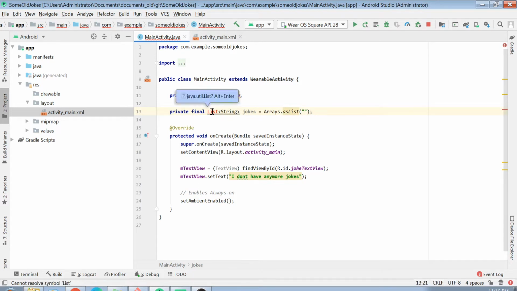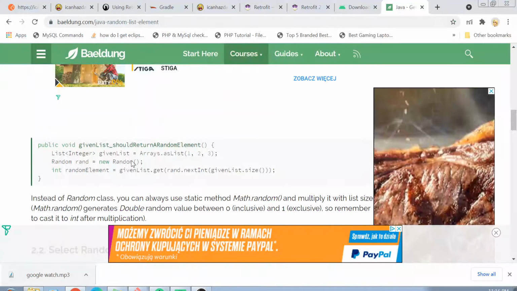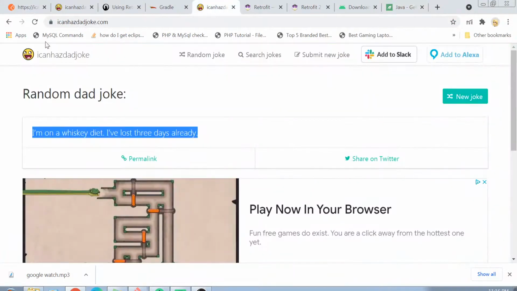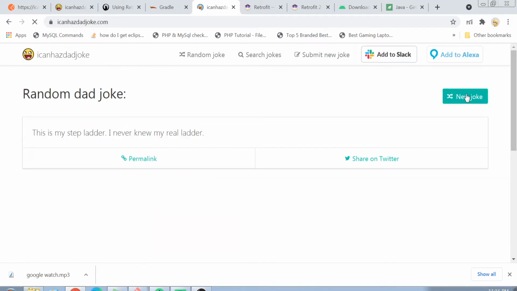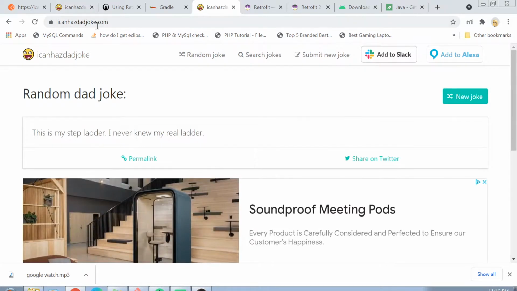So I just came across this site called icanhasdadjoke.com, and here if you just click on this button called New Joke, or you simply refresh the site, you will see a random dad joke being placed here. "This is my step ladder, I never knew my real ladder." Okay, so these are some lame jokes, but what we are going to do is